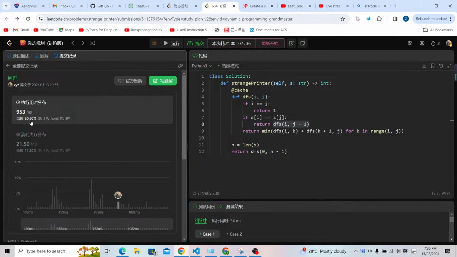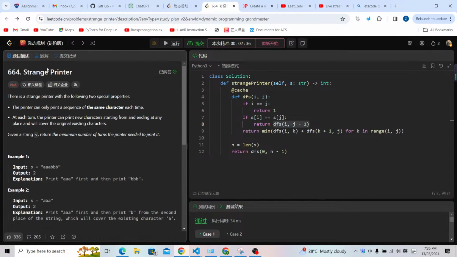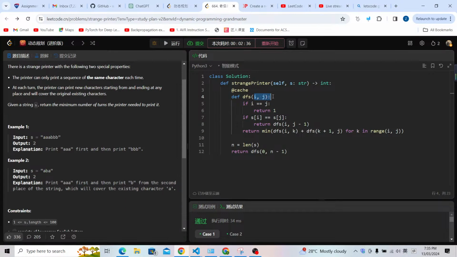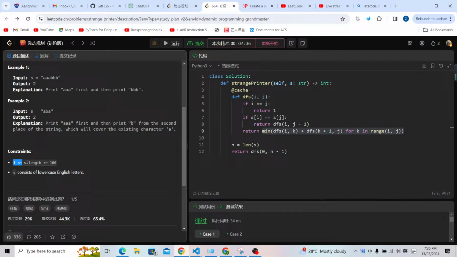As you can see, it passed all the testing cases, and the time complexity is i times j. So i is n, the length of the string, and j is also n, so n squared. And here is a for loop. This for loop is also n, so it is n cubic. Normally we can guess from the constraints. If it is 100, normally this is a cubic time